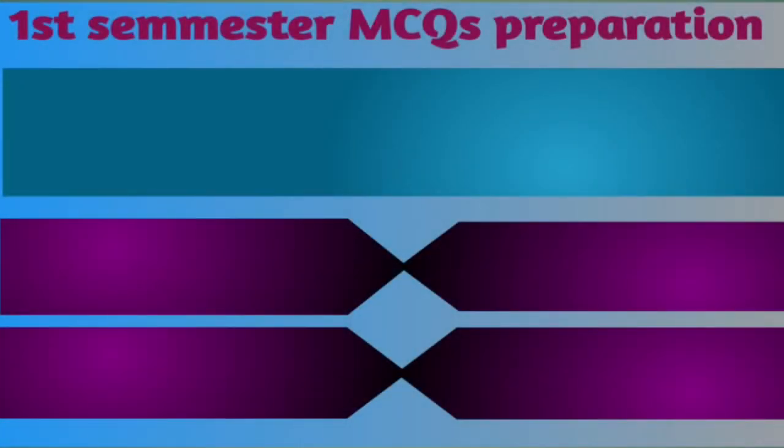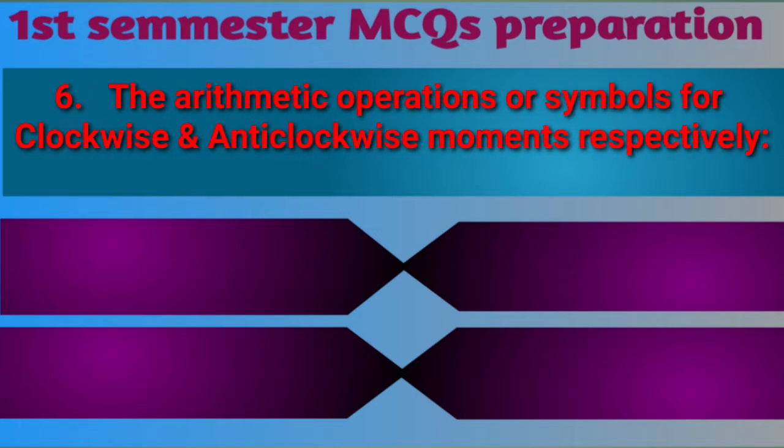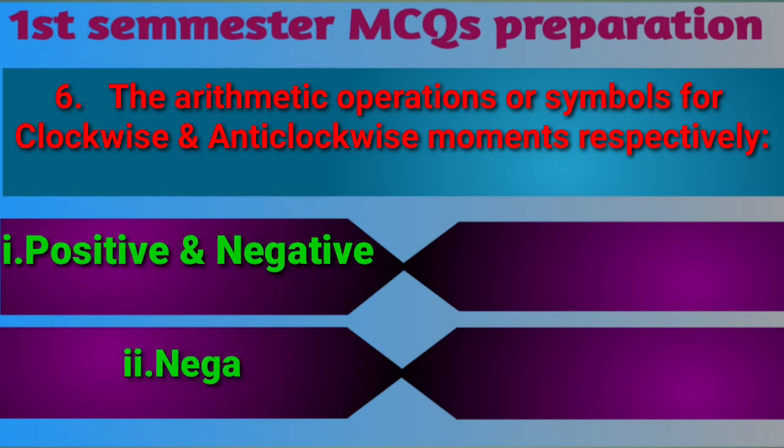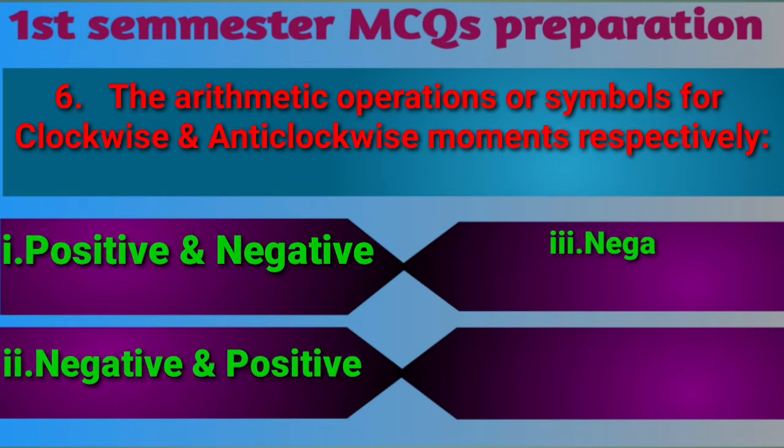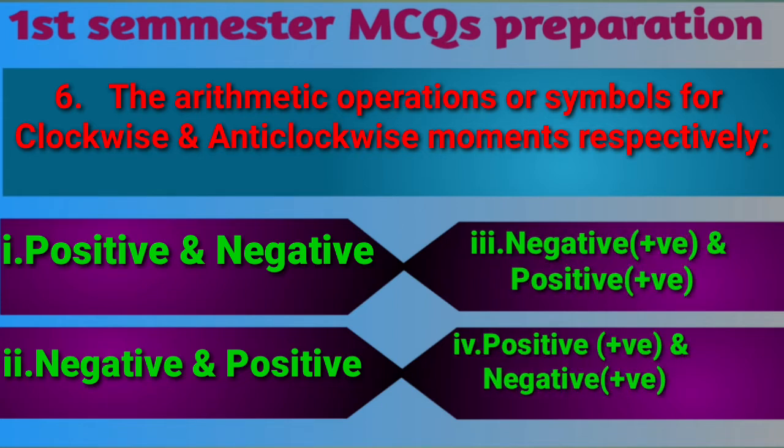Moving to the next question, that is question number 6. The arithmetic operations or symbols for clockwise and anti-clockwise movements respectively. The four options are positive and negative, negative and positive, negative plus V, positive plus V, positive plus V, negative plus V. As we know, the clockwise movement shows the negative arithmetic operation symbol, and the anti-clockwise shows the positive. So we have very confusing options, but the right answer will be the second option,